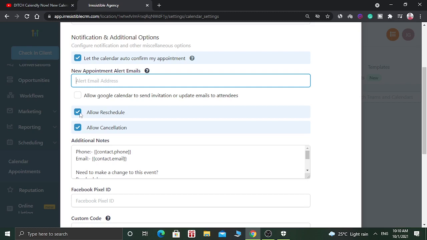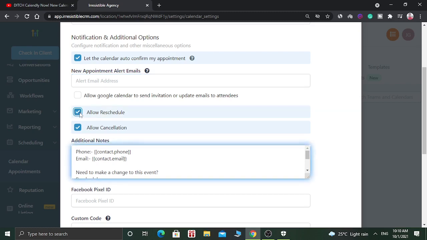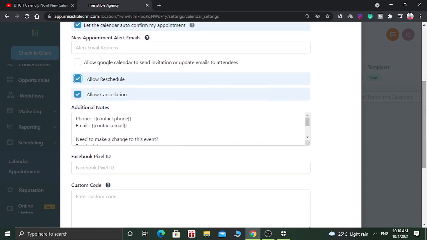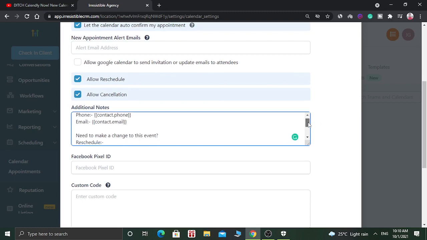So if you select this option, you will be able to allow people to reschedule it, and you can also allow cancellation. And here you can give additional notes such as phone number, email address. You can give reschedule link. You can give cancellation link.